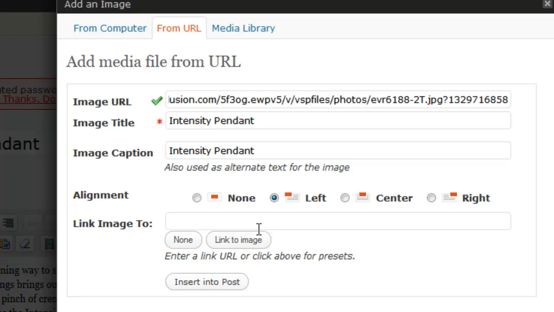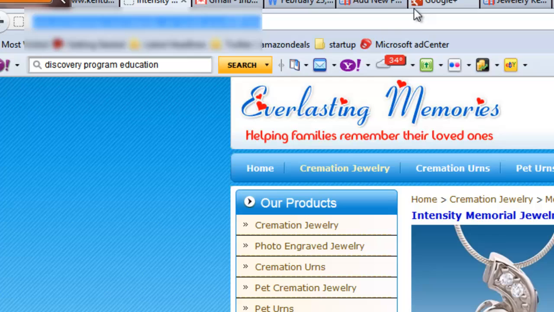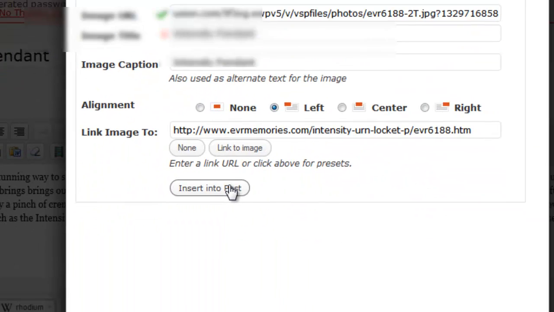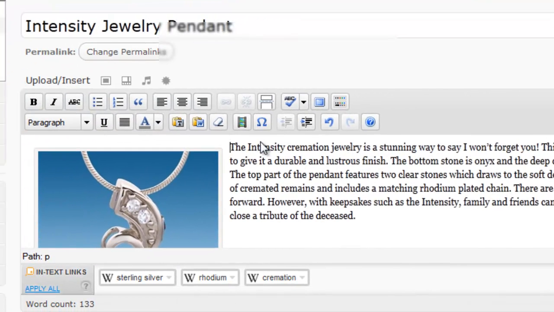And then we want to link that image somewhere to our site. So in this case it's there. Insert it into the post. Now we also want to make a link from this post back to our site, or a page on our site. Like if we were talking about math problems, we could say, this month we're having a special on our tutor services. You can find out more information here, and we would link that back to a page that described our services and the cost.